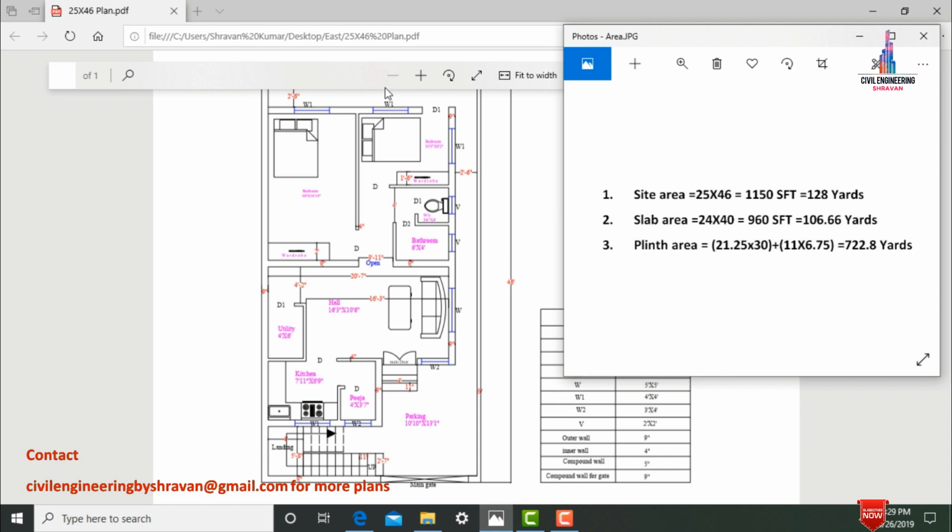So we need to divide this respective whole 2 BHK house in 2 portions. One portion will be consisting of 2 bedrooms as well as hall portion, and another portion will be consisting of kitchen and puja portion. So for the respective hall and bedroom portion will be consisting of 21 feet 4 inches in x direction distance, 30 feet in vertical direction distance, nothing but width direction distance. So for the respected kitchen as well as puja room, it will be consisting of 11 feet in x direction distance, 6 feet 9 inches in vertical direction, which is equals to 722.8 yards.